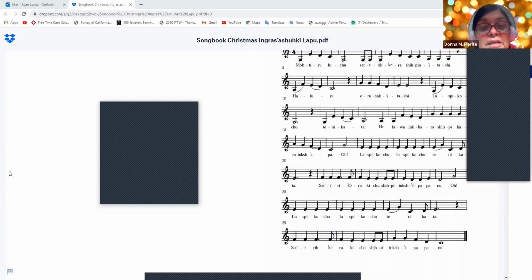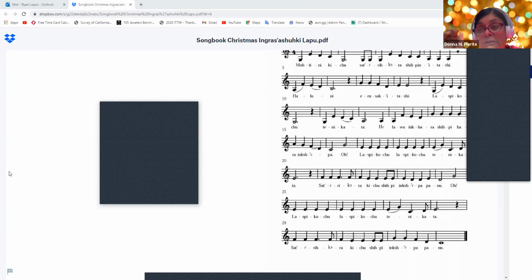Motini kichu satirikora shibinitashi aluni erusakitashi las pikochu tenikata hilawu inkara shipin hara inkshepa o las pikochu tenikata satirikora kichu shipin inkshepa panu o las pikochu tenikata satirikora